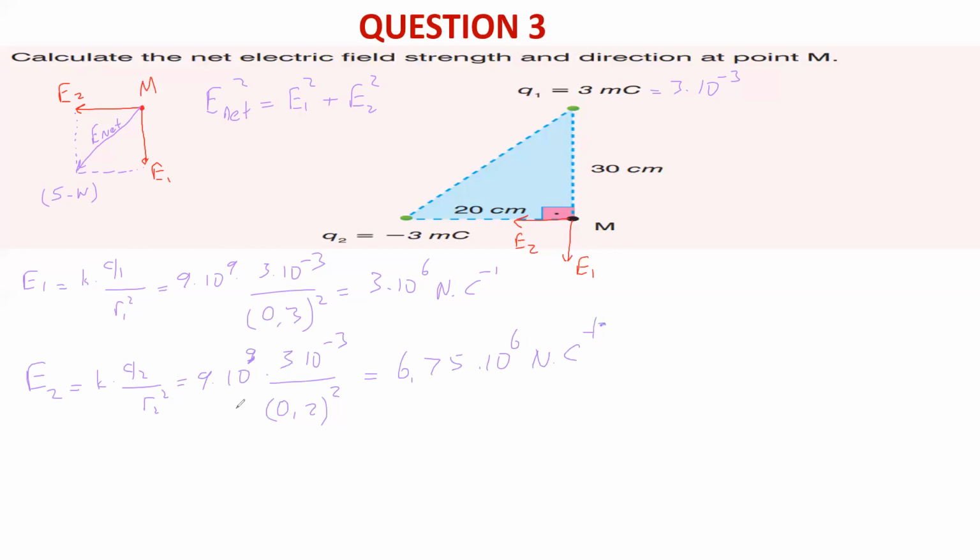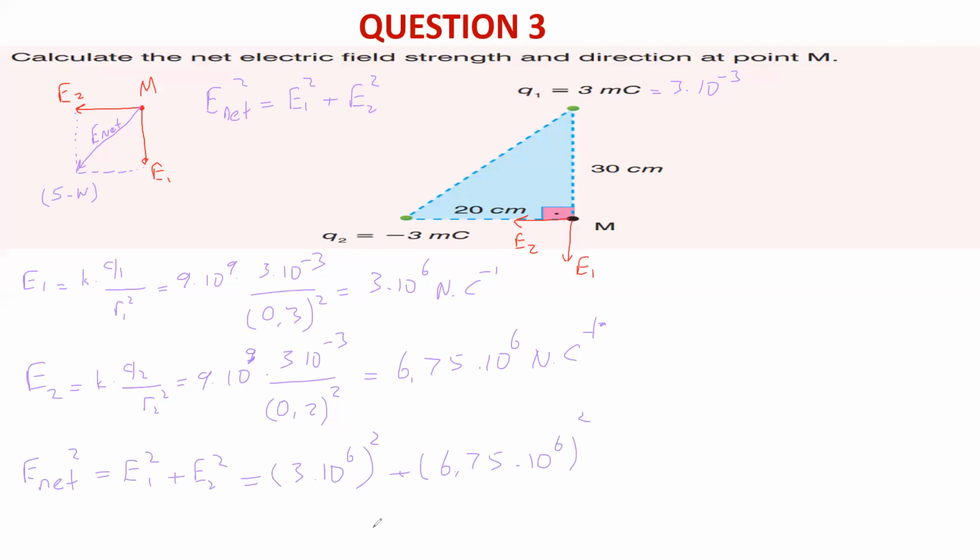So we can carry on with E net. E net squared is equal to E1 squared plus E2 squared. E1 is 3 times 10 to the power of 6 squared, plus E2 is 6.75 times 10 to the power of 6 squared. When you calculate all, of course, you take the square root. So you are getting the final answer, 7,